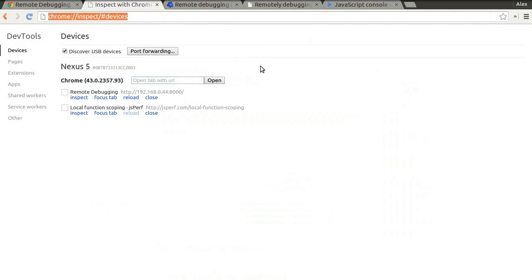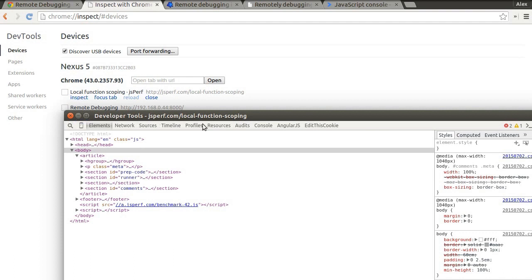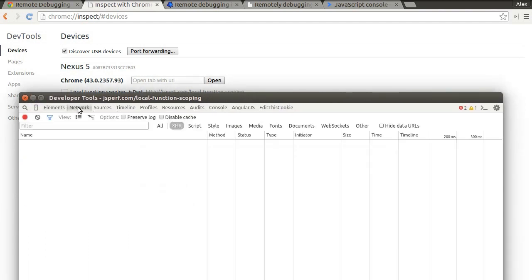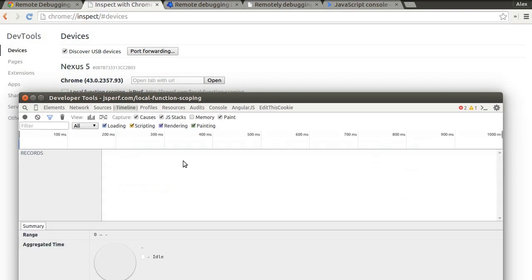Chrome browser. You can see here that it's found my Nexus 5, as well as the 2 tabs that are currently open on it. With that, I can basically remotely control my phone. You obviously can't see this, but it's simply flipped over the tab. And then I can click Inspect, which brings up these same tools that we've seen before. Both the element, our network tab, the timeline, all the same tools that we used previously are now available to